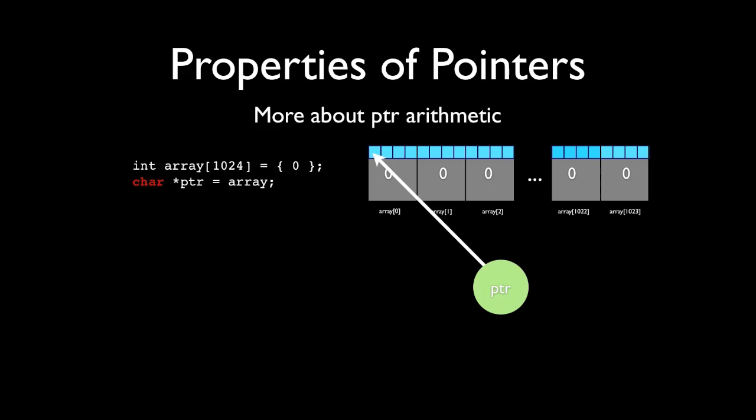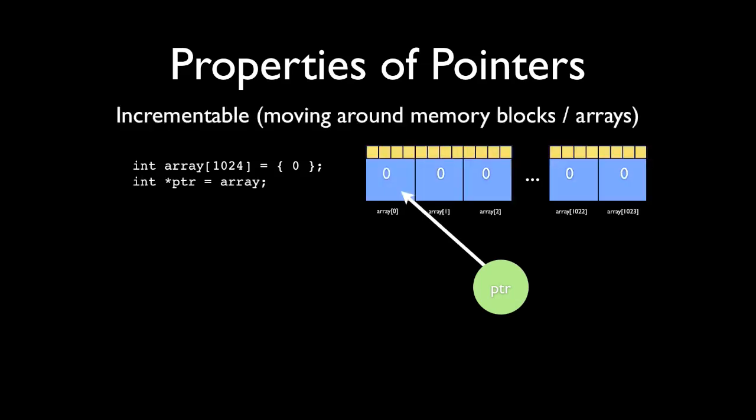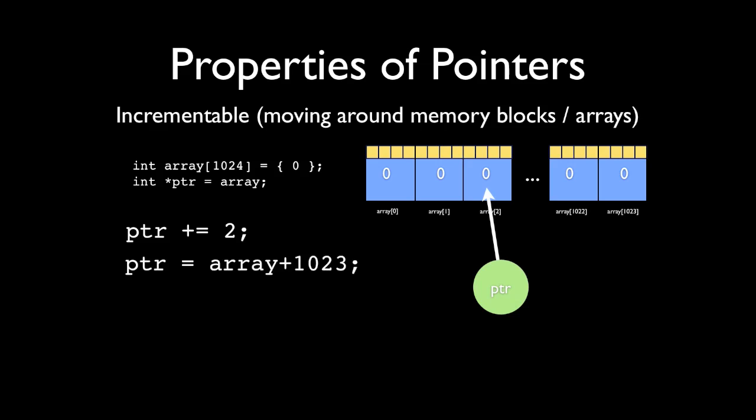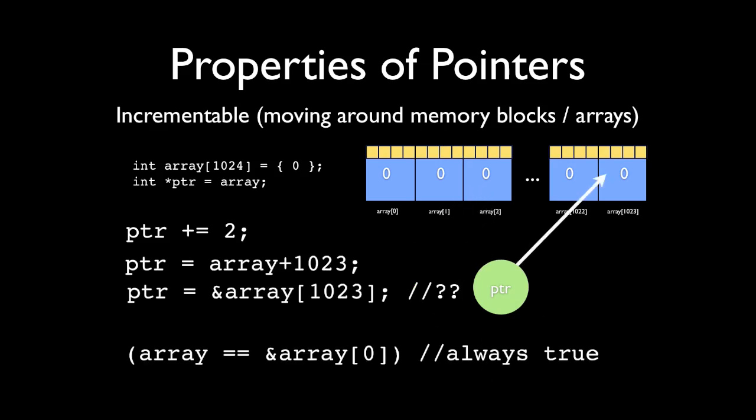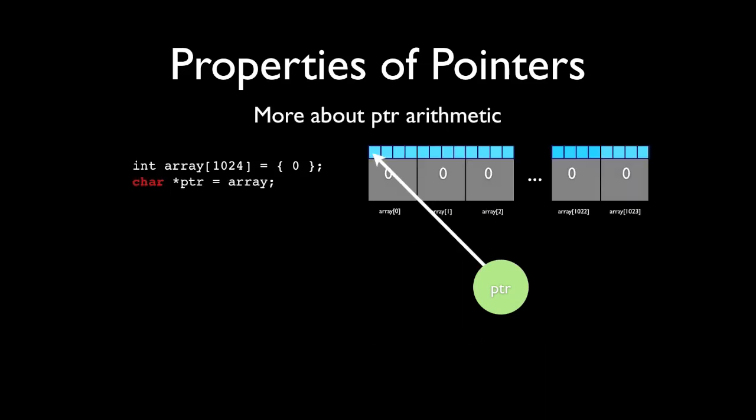I didn't change anything between the second slide and this one, at least in the beginning, except for the type. Now instead of the type being an integer pointer, or an int star, it's char star. This is very important because now the assumption is that you have an array of bytes or characters instead of an array of ints. So if you assign the pointer equal to the array, you're actually pointing to the beginning of the same array of ints, but it's going to interpret it as if it's an array of chars or bytes.